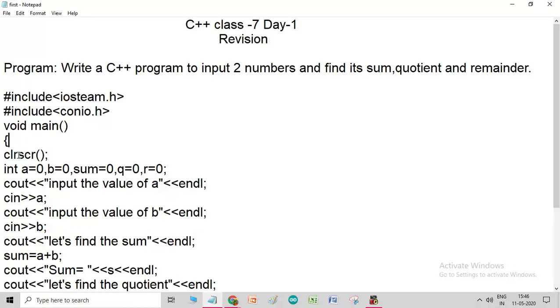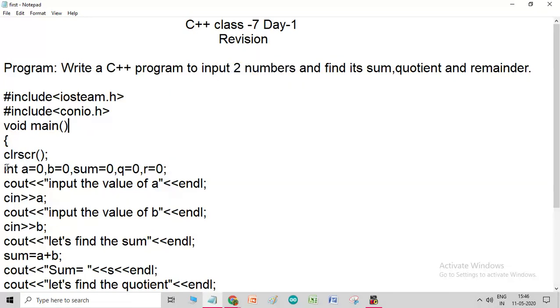Then clrscr() means clear the screen. This function helps to clear the screen for the output. Now here the program takes input of two numbers.